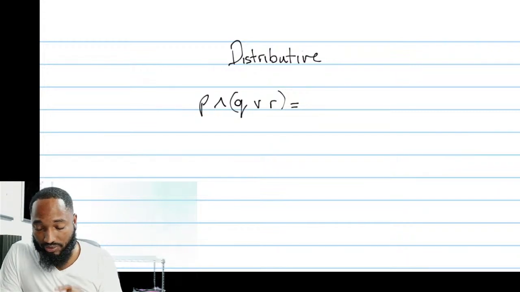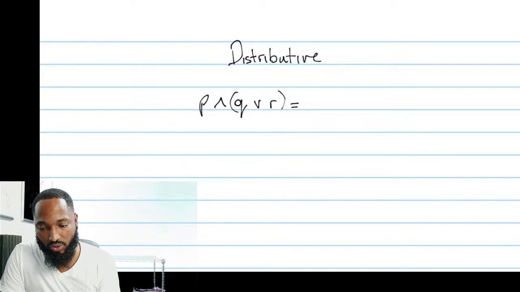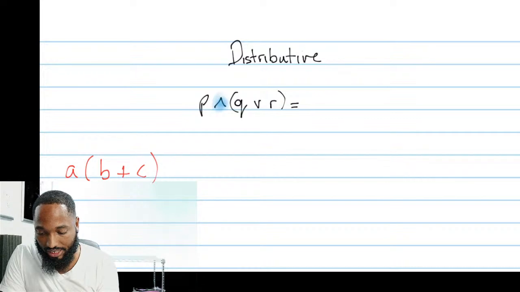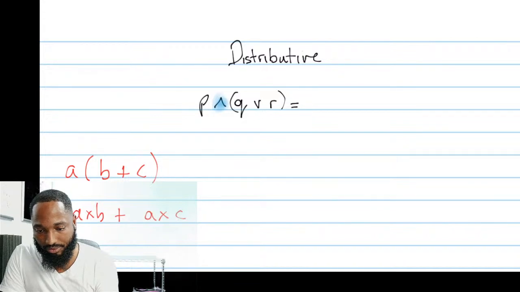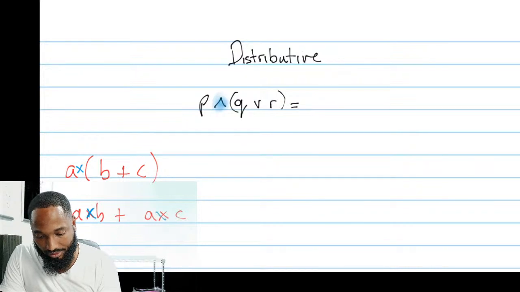Alright, so distributive. How does the distributive law work? It distributes. Remember, notice this is happening on the outside, right? This is like your multiply and this is like your add. Remember distributive law, if you had A by B plus C, we did this earlier today. This is A by B plus A by C. If you have multiply here, the multiply comes here, and the operation that is happening in the middle, the addition, comes back in the middle here.